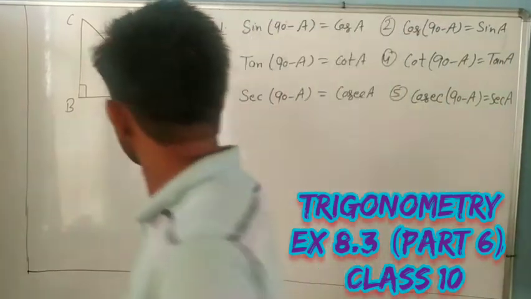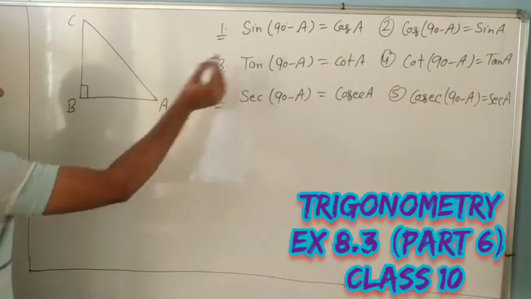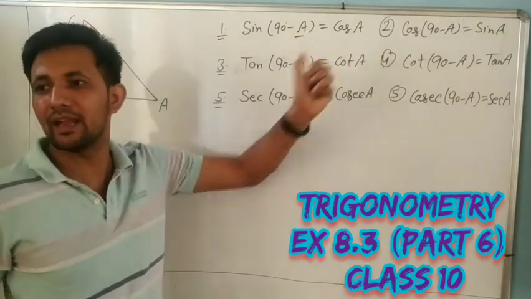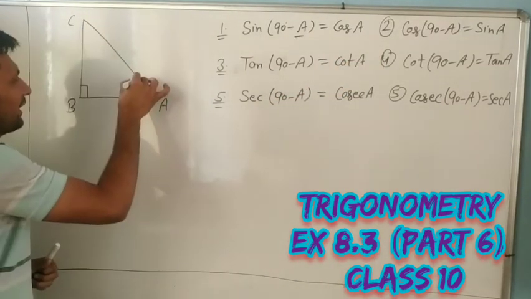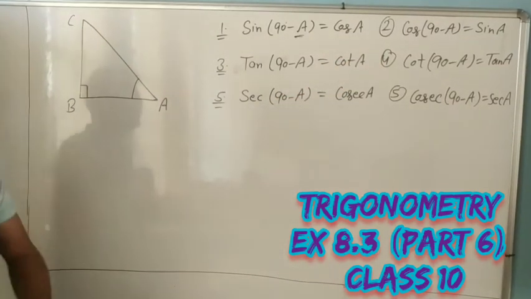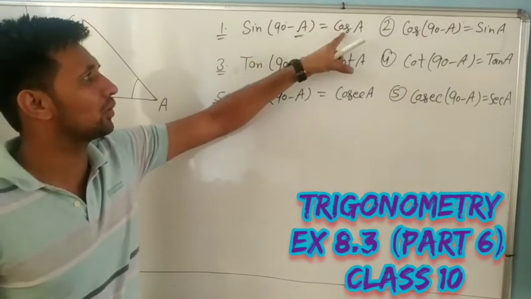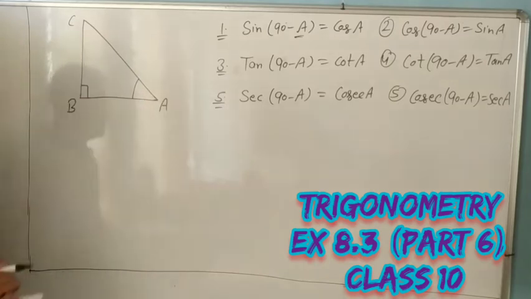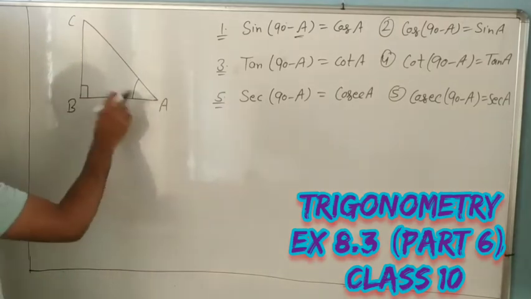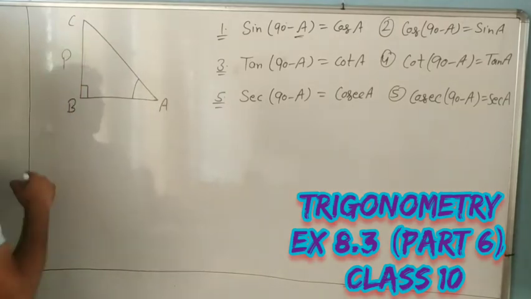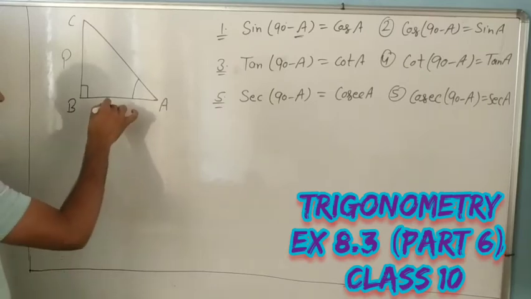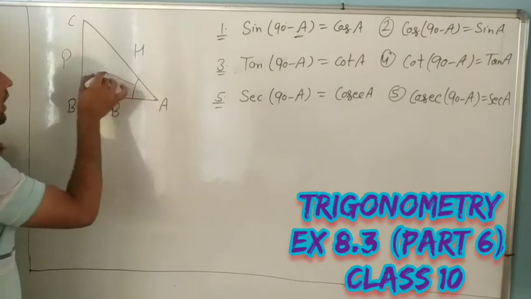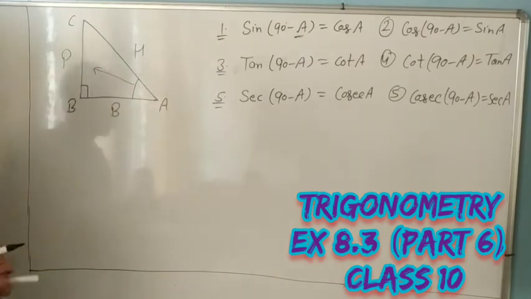Suppose everyone knows we are talking about what angle? Angle is A. Otherwise you can take theta also. It's okay. Sine (90 minus theta) equals cos theta. So suppose we are taking angle A. Opposite of the angle is the perpendicular. This is the base. This is the hypotenuse. Everyone knows? Opposite of this one, what is it?